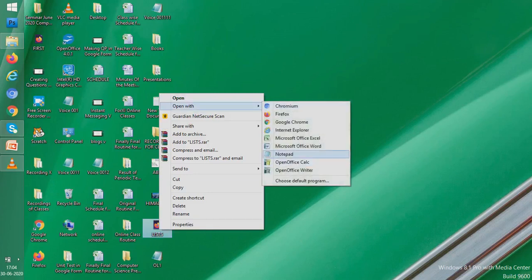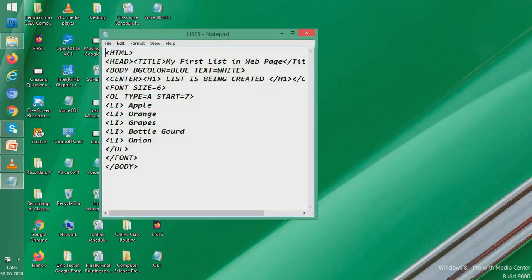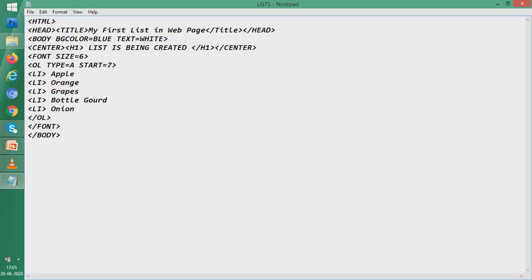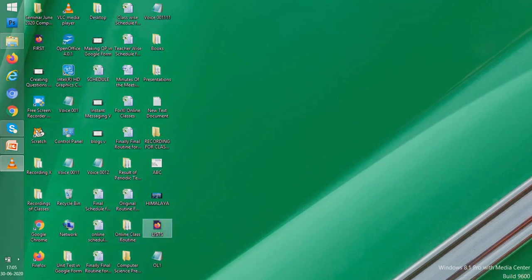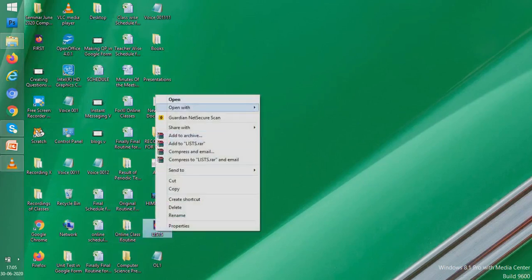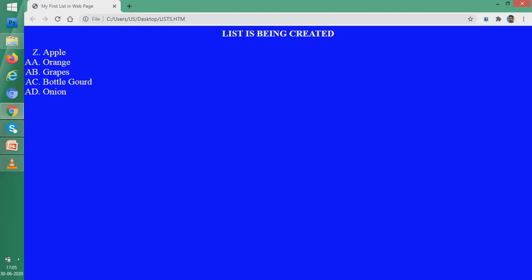We'll write start is equal to 26, and when I start it, after Z as a start, it takes AA, AB, AC, AD as the labels. So you have understood how it is done. Lastly AZ, and then if you give a bigger number, then it will proceed.